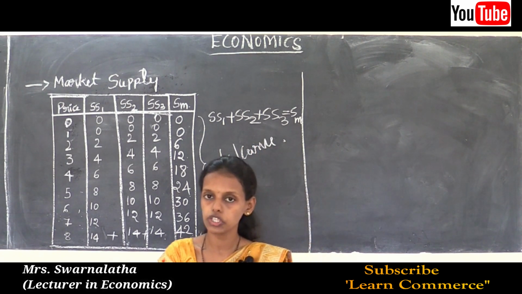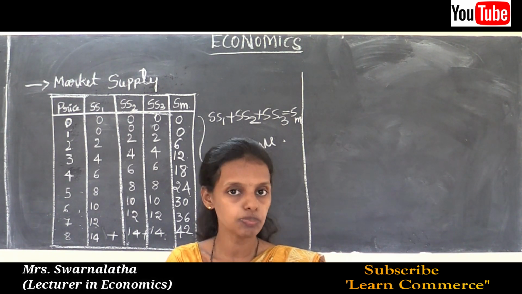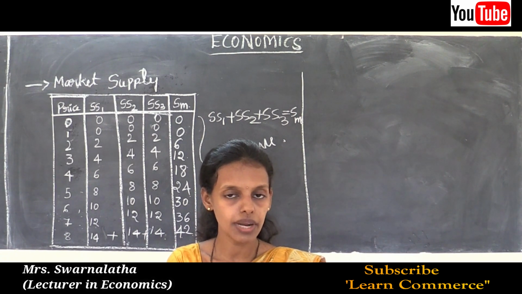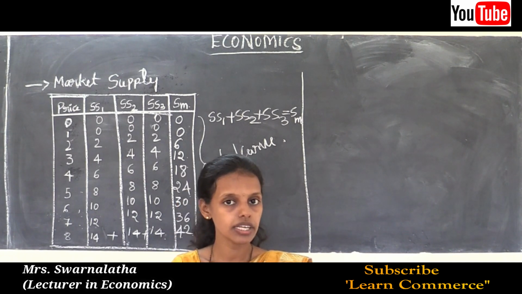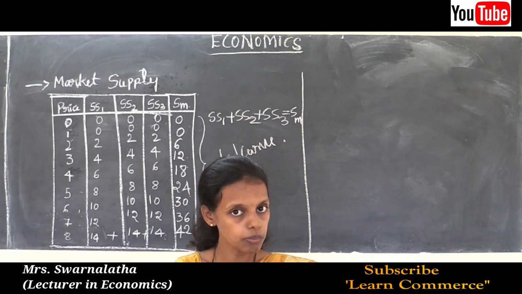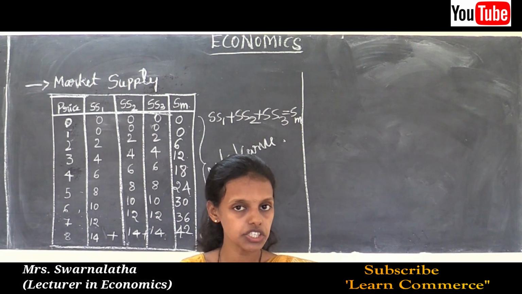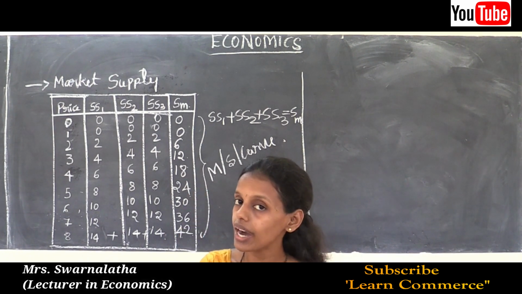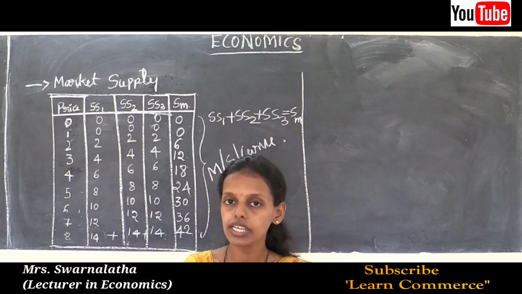So by this we are going to complete this chapter, that is the theory of the firm under perfect competition. We studied the features of perfect competition, price line, revenue, and also the supply curve, and also the profit maximization of the firm under perfect competition: condition 1, condition 2, condition 3, in that case 1, case 2, case 3. Together with that, we studied today the market supply curve, with different calculations.